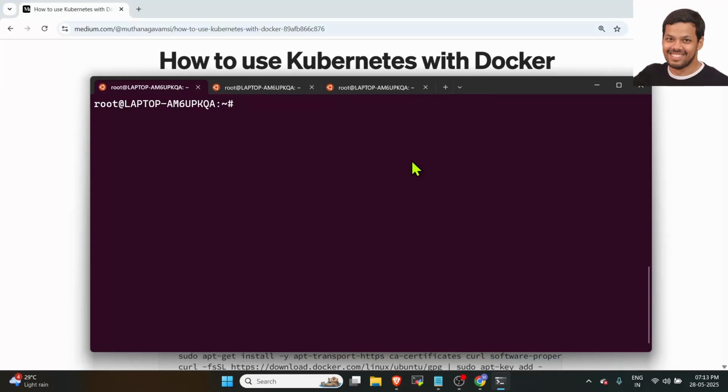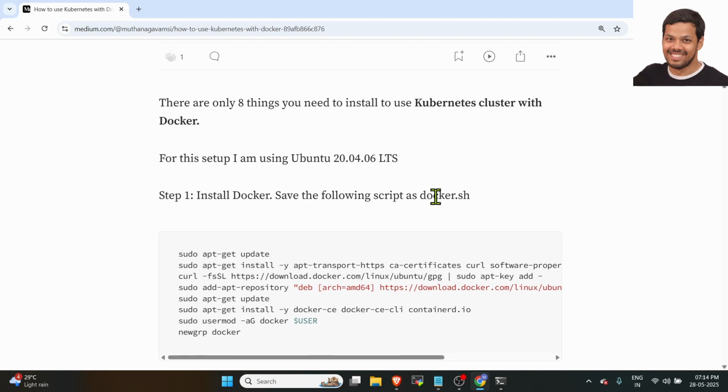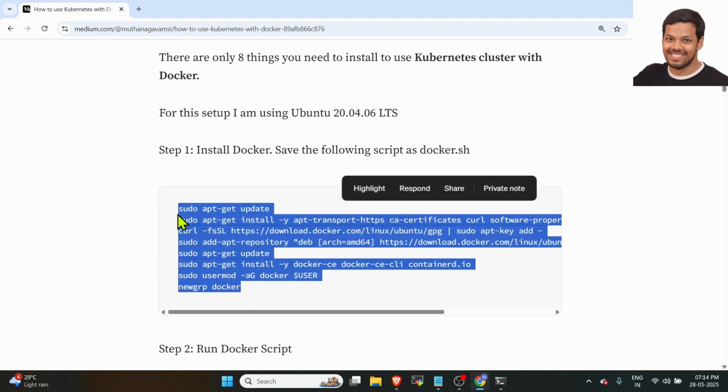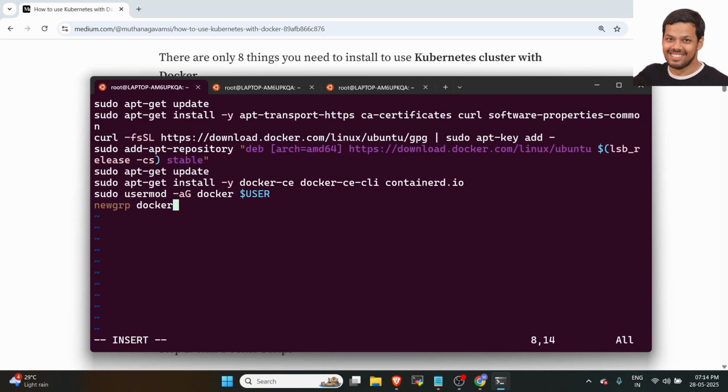Hi, in this video, let's find out how you can use Kubernetes with Docker. First things first, I'm using Ubuntu 20.04.6 LTS and I'm creating this script to set up my Docker. Let's see, touch docker.sh. I am pasting this script here